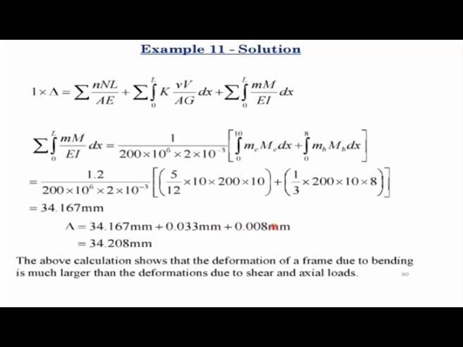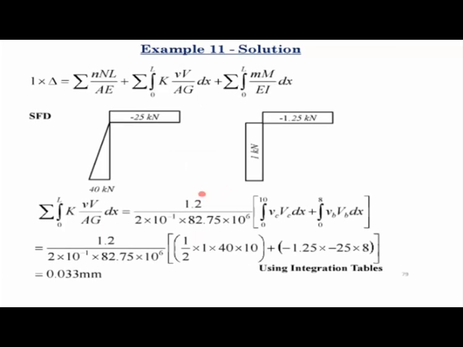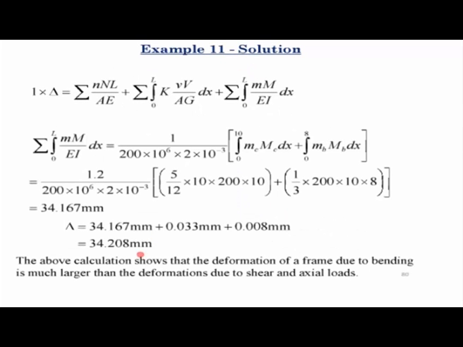So this basically gives you a chance to compare the deflection at that joint C due to the three actions. The first one that you see is due to bending. The second one is due to shear action, and the last one is due to the axial. So this is the overall deflection of point C considering bending, shear and axial deformations of members.